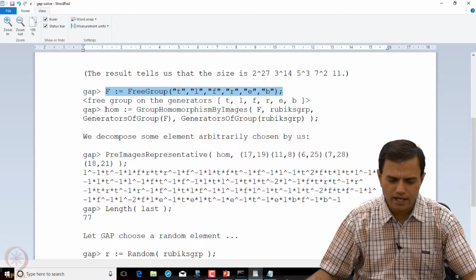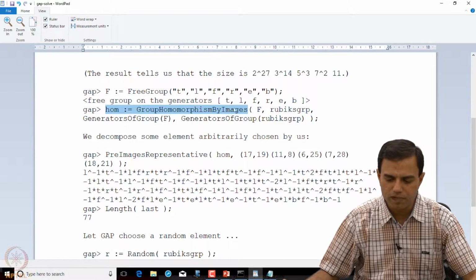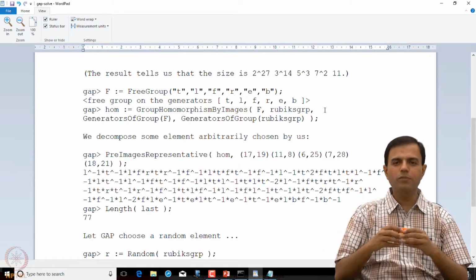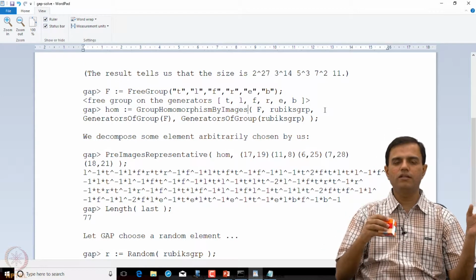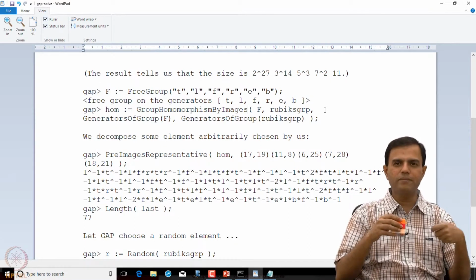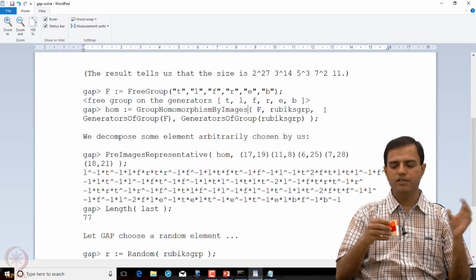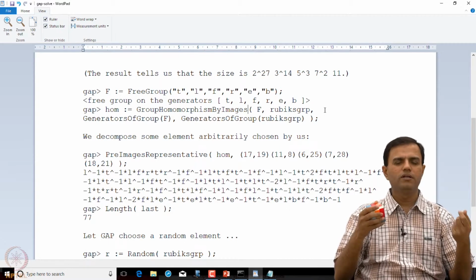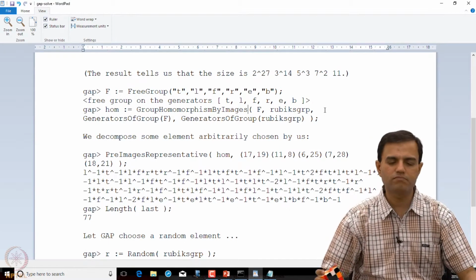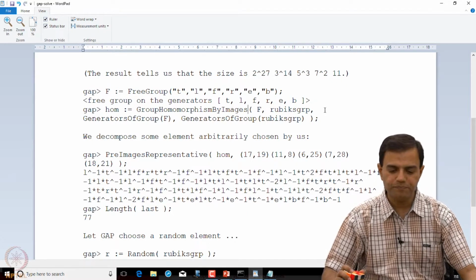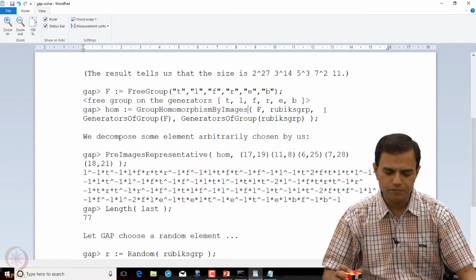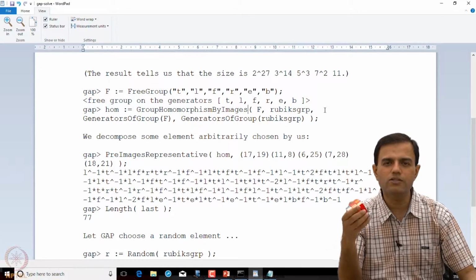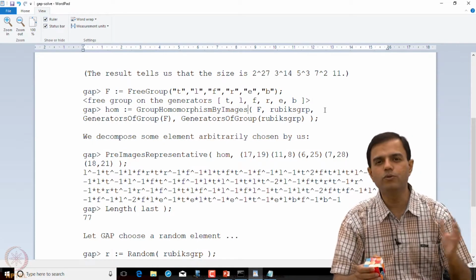And now I construct a homomorphism from the free group to Rubik's group. Now that's a crucial part. A free group is something where all the symbols are multiplied with themselves freely. So if I do a move 4 times, I know I am going back to the identity position, but in the free group, anything raised to the power 4 is not the identity if the original thing is not the identity. There are no relations in the free group. So I want to use the free group to understand this, and for that I will construct a homomorphism from the free group to Rubik's group.